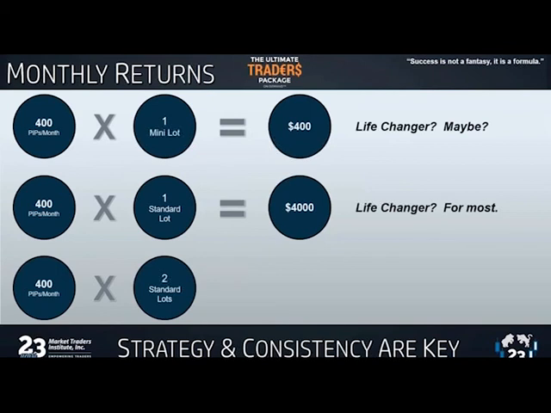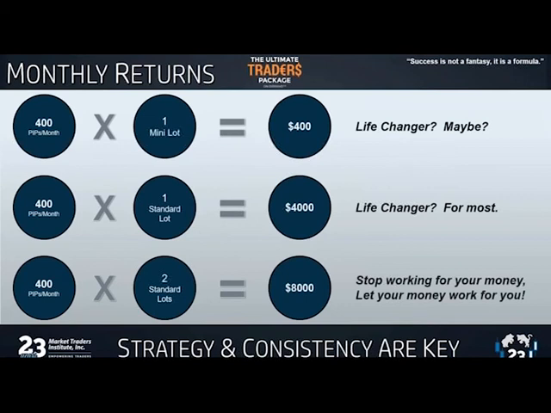So I'm saying now, let's say it's 6 months down the road, a year down the road. I don't care if it's 3 years down the road, but you're getting this. You're getting confident. You're having the success. So now when you trade 2 standard lots, you make just 20 pips a day on a monthly basis. That's $8,000 a month. That's about $100,000 a year. And now you're able to stop working for your money, and you can let your money work for you. Now, here's the $1 million question that I'd like to ask you.